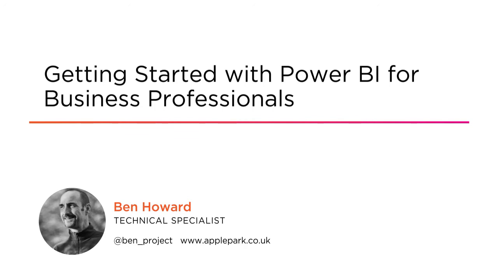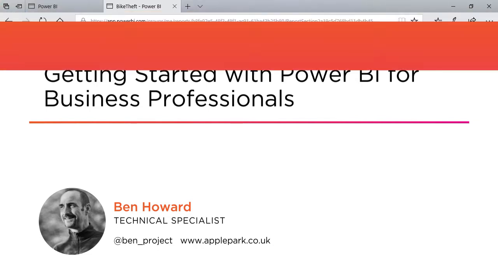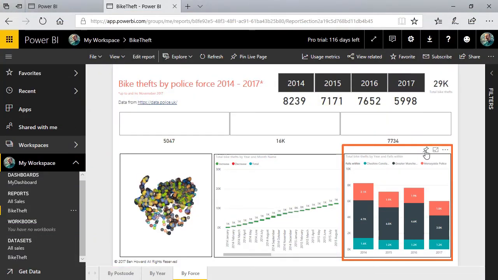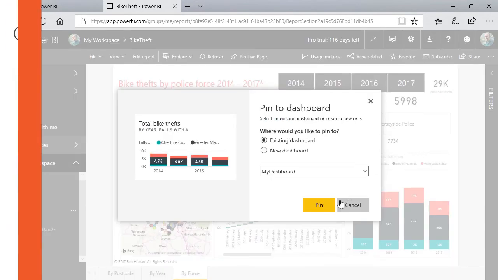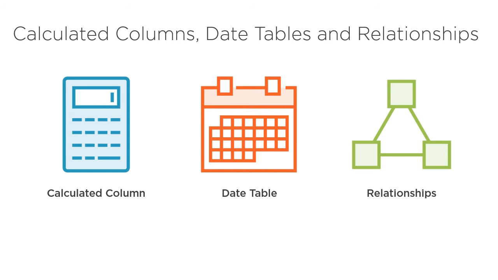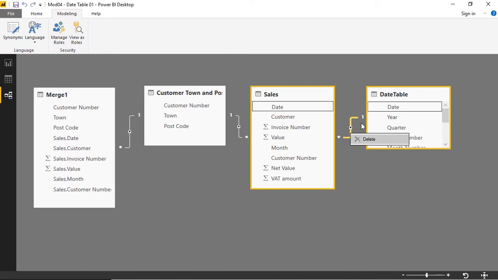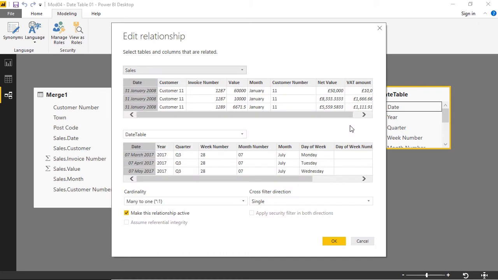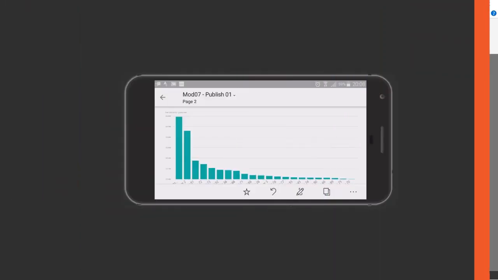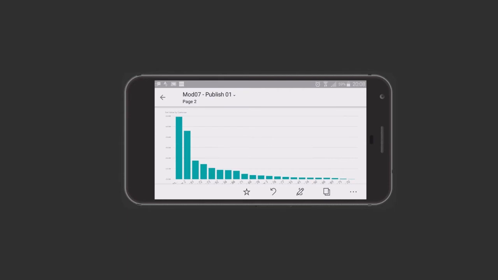for Business Professionals. The aim of this course is to provide the business professional with the skills and knowledge to enable them to turn raw data into powerful visual reports by way of practical and relatable examples. Power BI is the overarching name for a suite of products from Microsoft, and so early on in the course we dissect the product suite into specific components, explain the function of each one, and then focus on the two main programs that are most useful to the business professional, and that is the Power BI Desktop and the Power